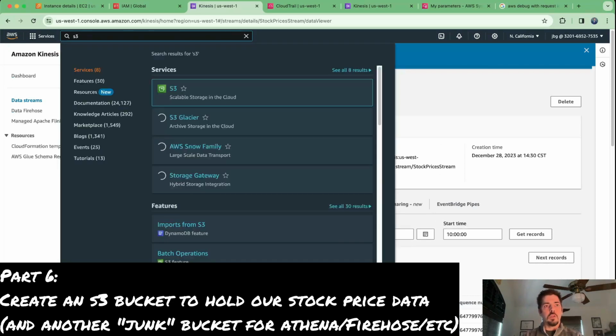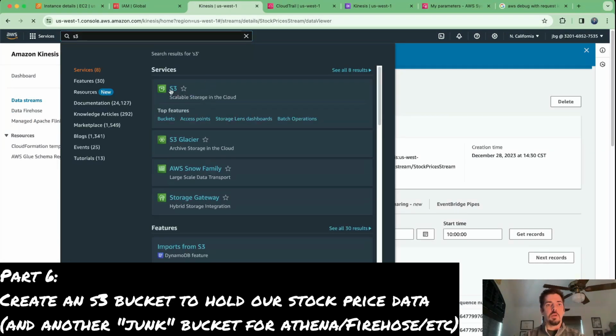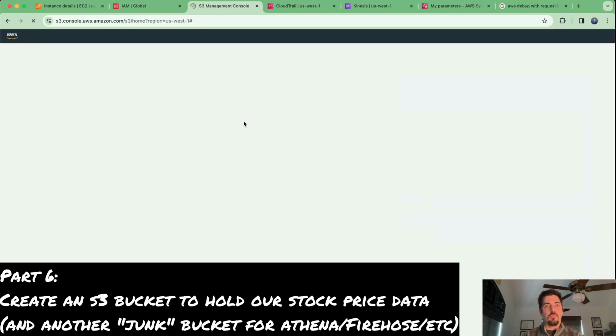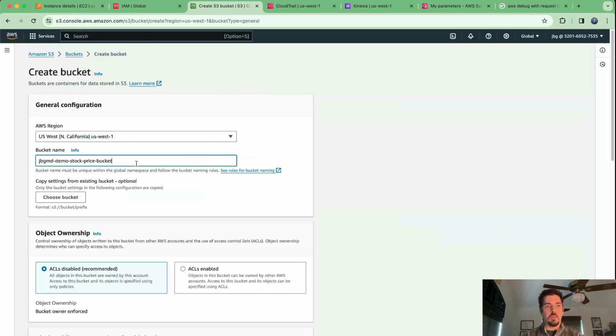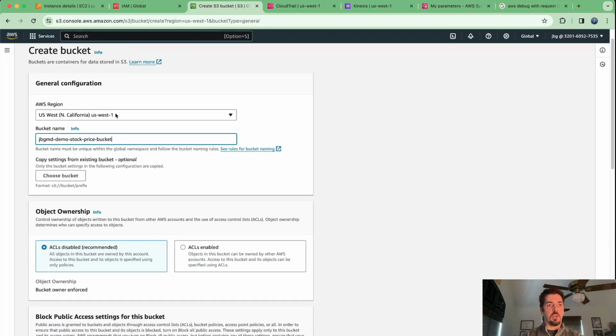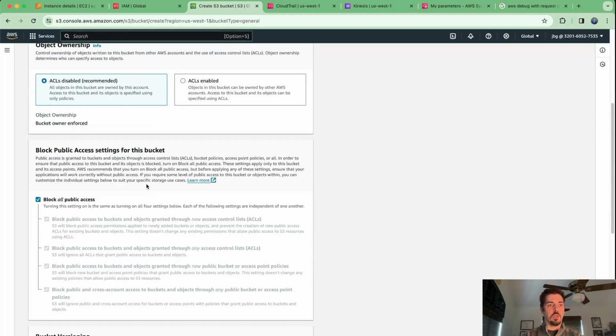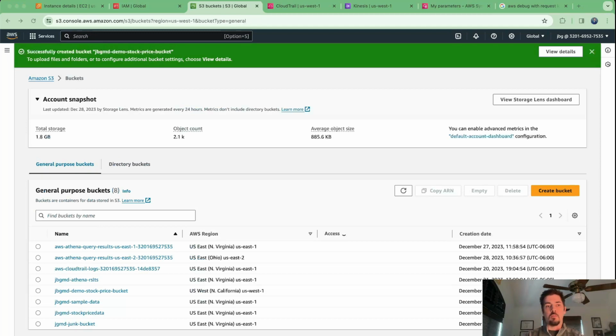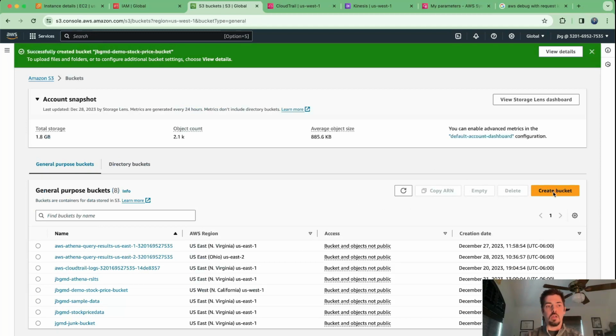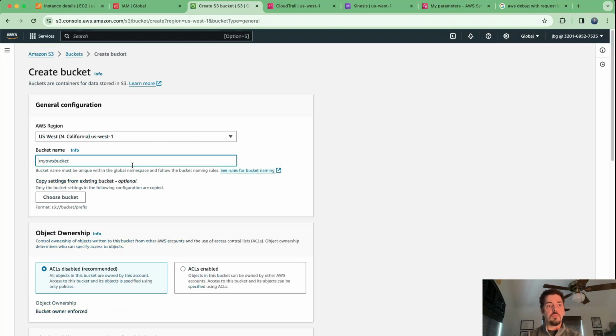Next, we're going to create a few S3 buckets. The first one is just going to be to hold the data that is going to come from the Kinesis data stream through a Firehose into S3. So this will be that bucket. We're creating it in West 1 region, and we're just going to keep all the other defaults. So we're just giving it a name, and then we're also going to create another bucket,